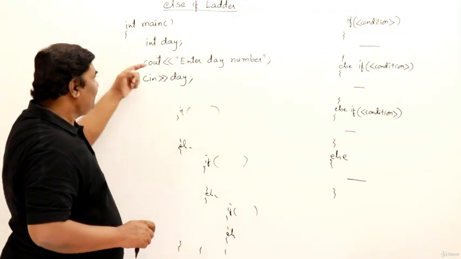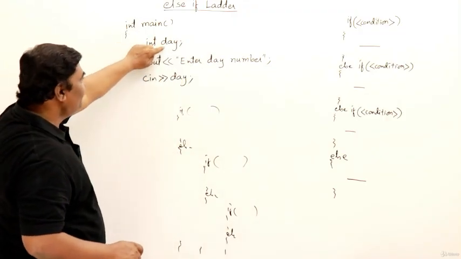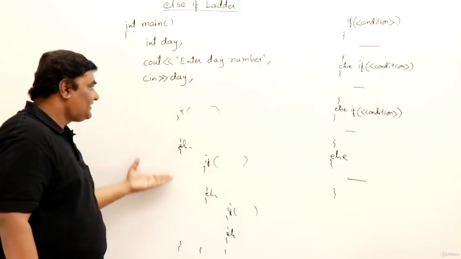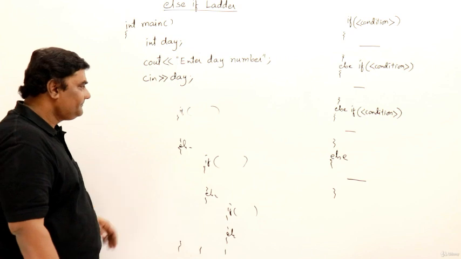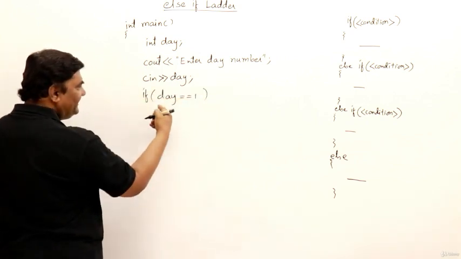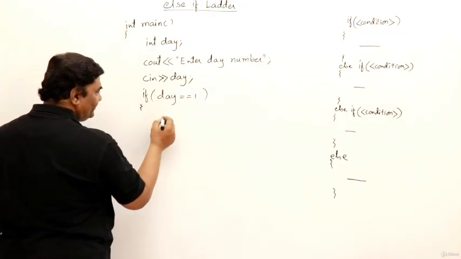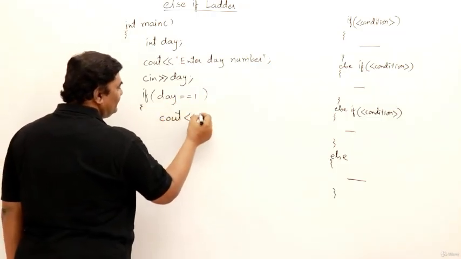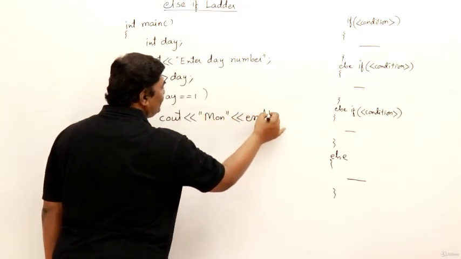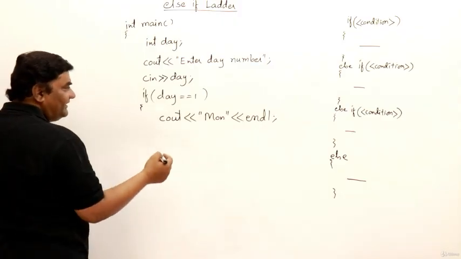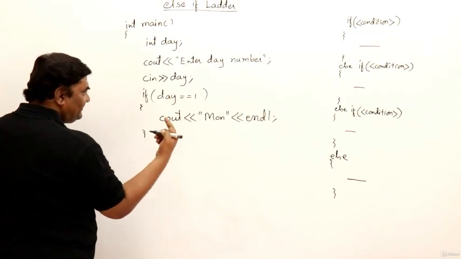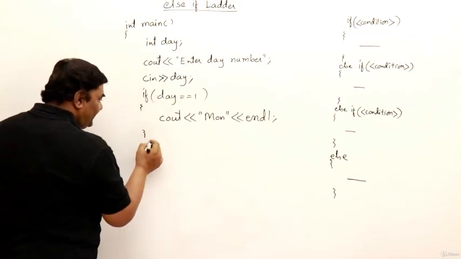For that, I already have the main function written here. The day variable is already there, enter day number is there, then reading day. Now here I will write the conditional statement. If day is equal to 1, this has to be exactly equal to 1, so the equal to symbol is used. Then here I will say cout Monday. And endl means go to the next line. If at all you require, you can write that, otherwise you can skip it. We are going to just display one day, not all days. Then if day is not 1, else,